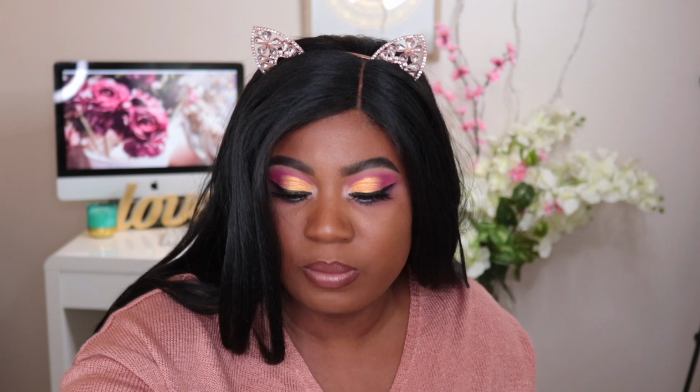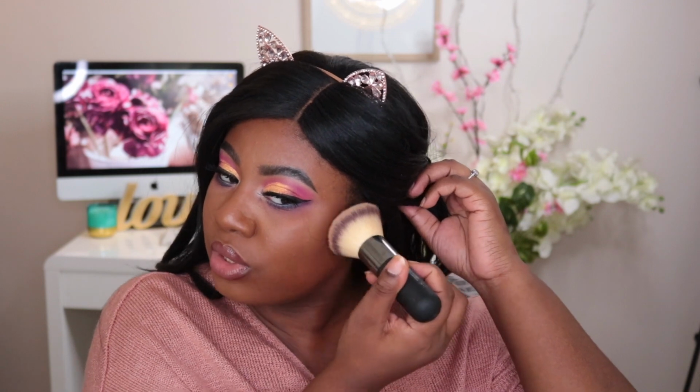And then, going into the pricier side, we have the It Cosmetics powder airbrush and bronzer brush number 1. This is what it looks like. So soft, like one of the softest brushes I've ever used. And once again, you're going to get a good,